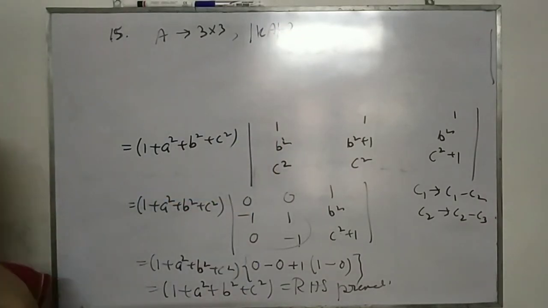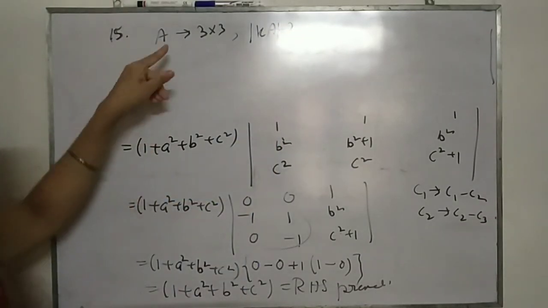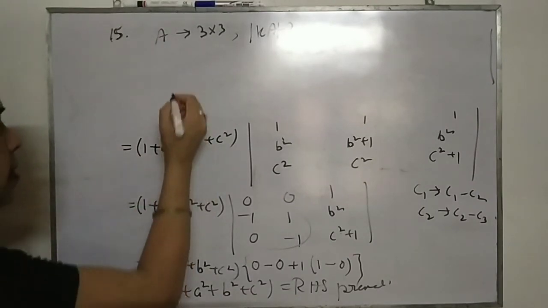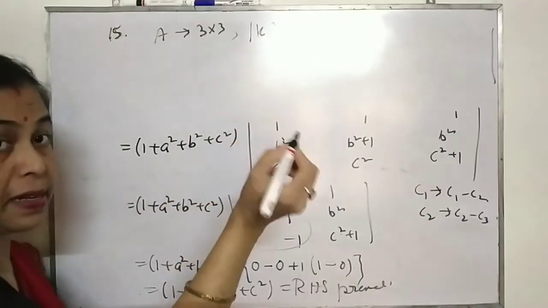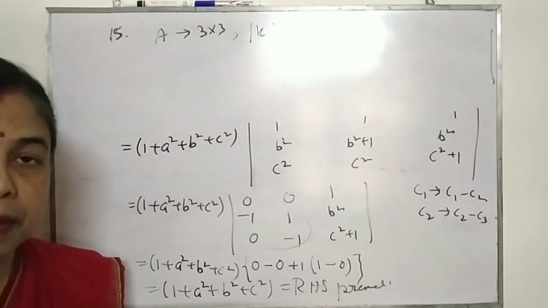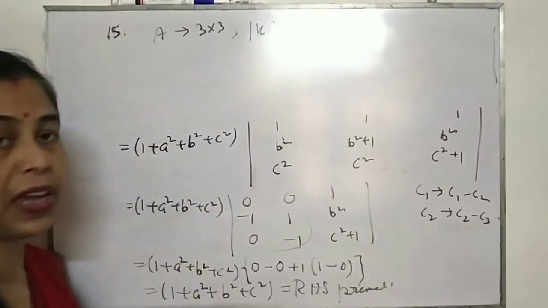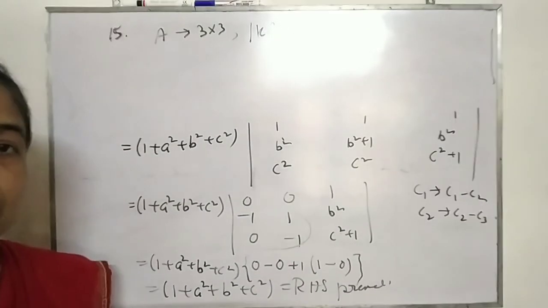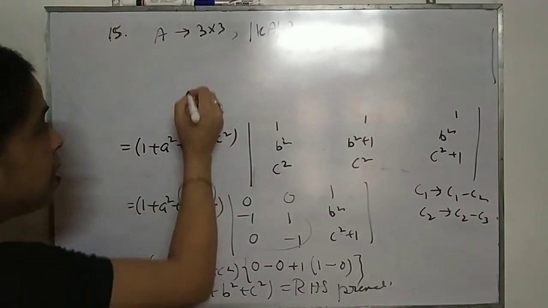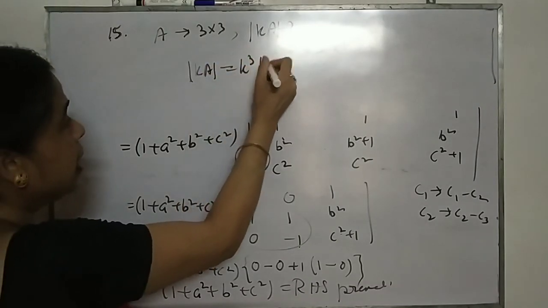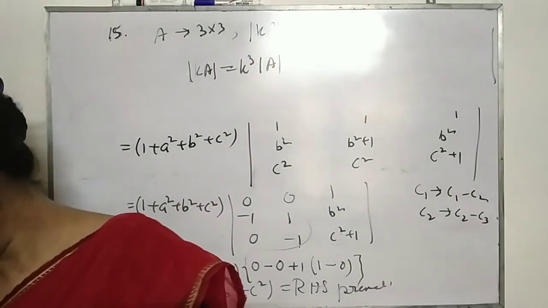This is your question. As I told you earlier, if it is a matrix of order 3 by 3, you can directly write down the answer, let me explain. If I take a 3 by 3 matrix and do scalar multiplication with K, we get KA. Then if I take its determinant, from each and every row, one K will come out. So what will be your answer? Determinant of KA will be equal to K cube determinant of A.